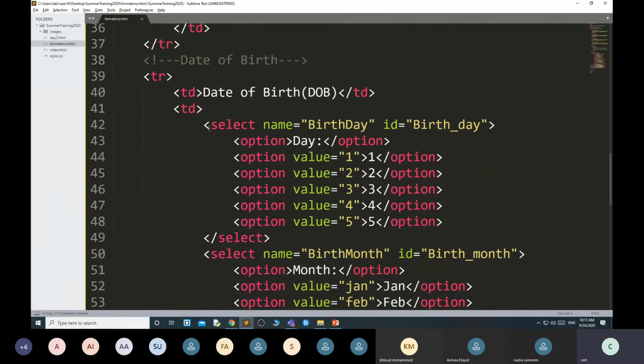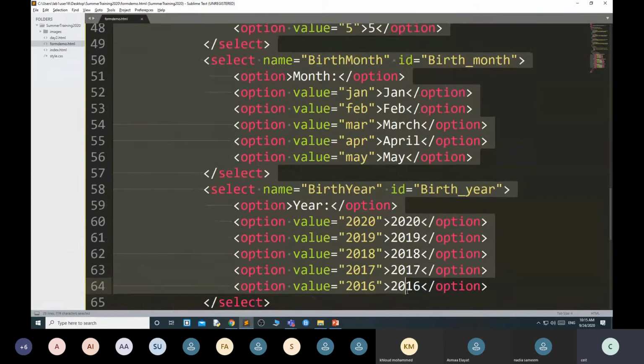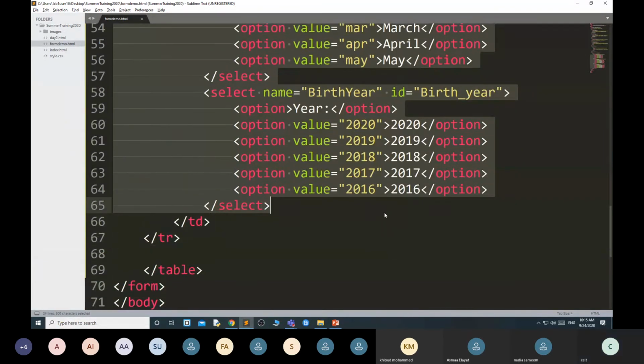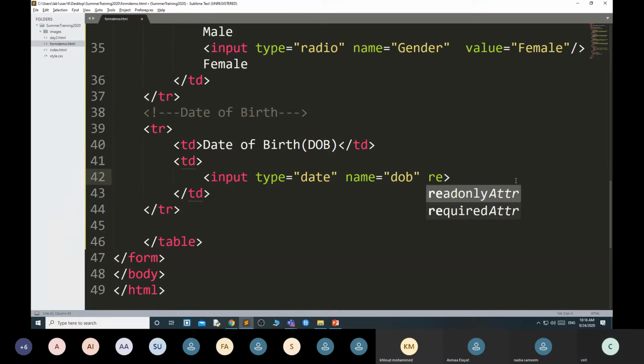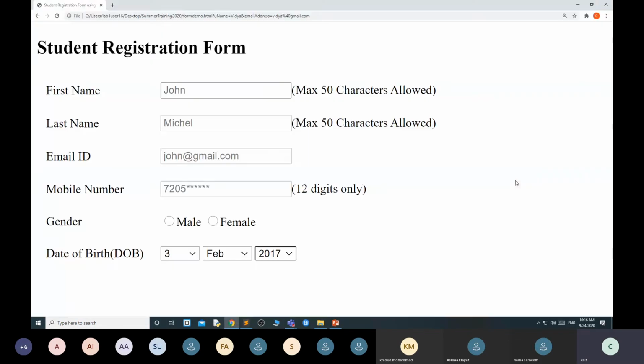Instead of writing like this, in HTML5 you have an input type that is known as date. Input type date, and name I am giving DOB. That's it. I just use required, which means you have to enter the date of birth.